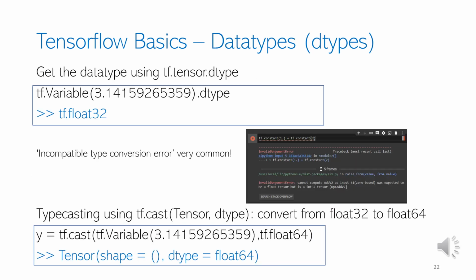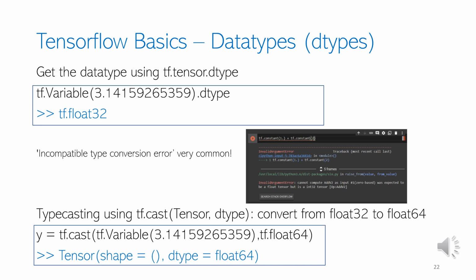elements. You can get the dtype of any tensor using tf.tensor.dtype or directly access the dtype property of any tensor, like here in this example. We have first instantiated a tf.Variable with a floating point initial value, and if we access the dtype property, we will see that the dtype that TensorFlow assigned to this tensor is float32. And this is the default dtype that TensorFlow assigns to any variable with floating point